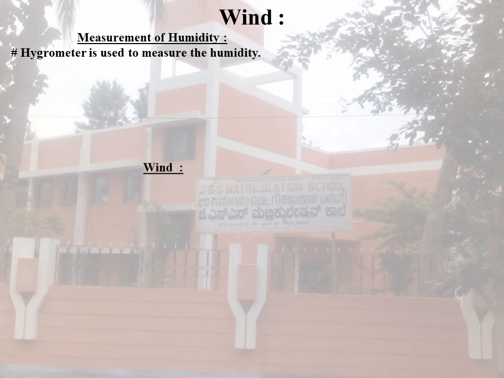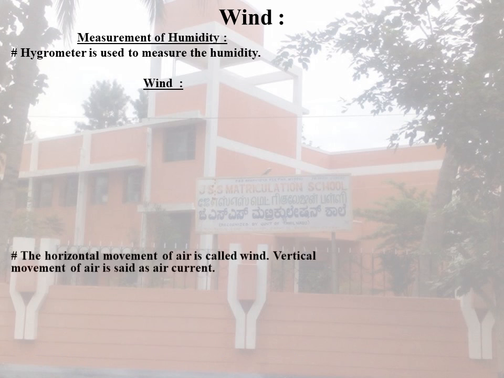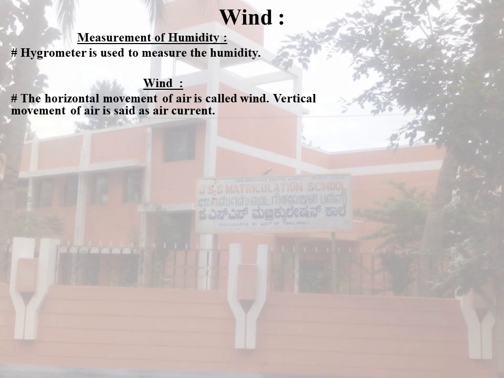The next is wind. The horizontal movement of air is called wind. Vertical movement of the air is called an air current. The wind moves from high pressure to low pressure areas. Unlike other elements, wind is made up of a series of gusts and eddies which can only be felt and not seen. Winds get their name from the direction